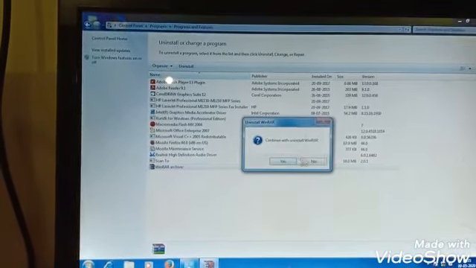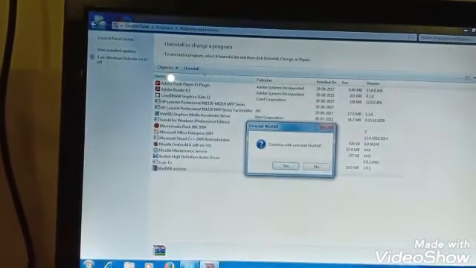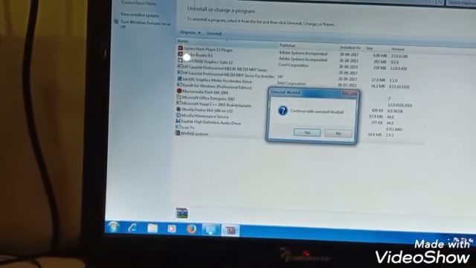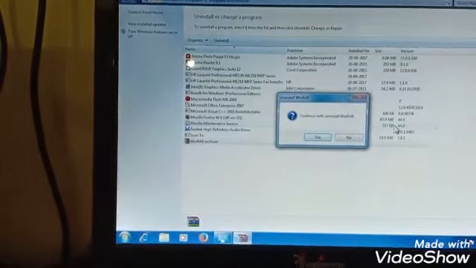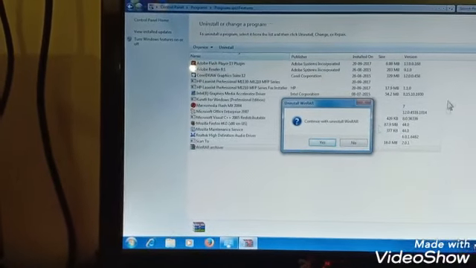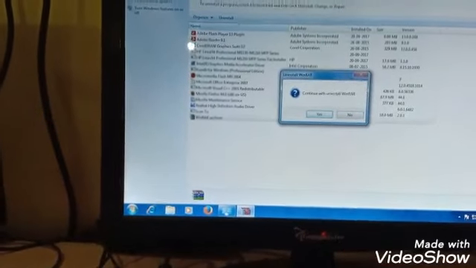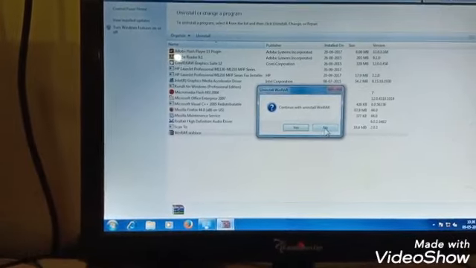Here this programs and features message box appears. It is asking you to confirm the deletion of that program from your computer. If you are sure, then you will click on yes, otherwise no. So this is how you can remove a program. Always remember that once you remove a program, you will not be able to use it until you install that program again.